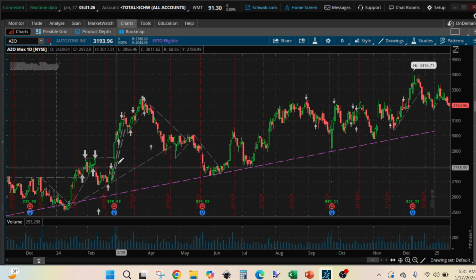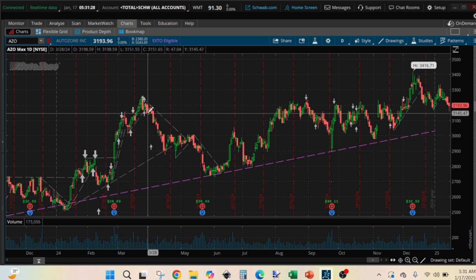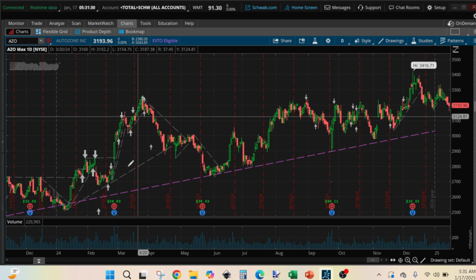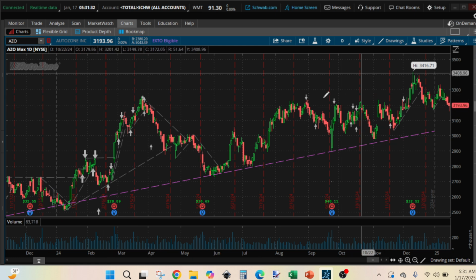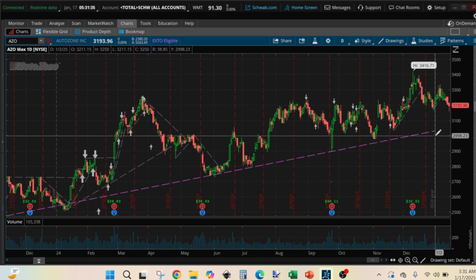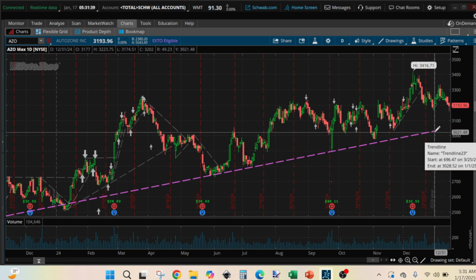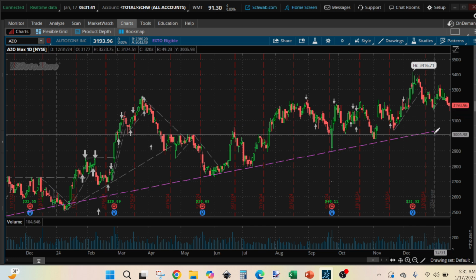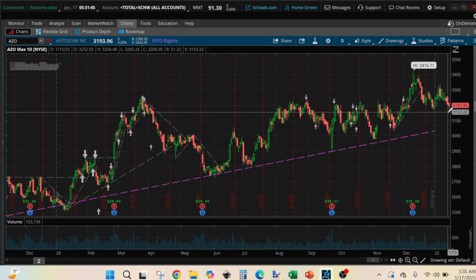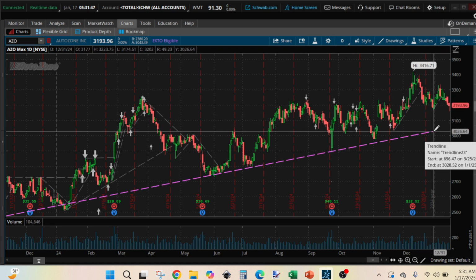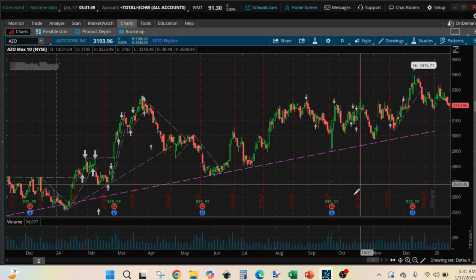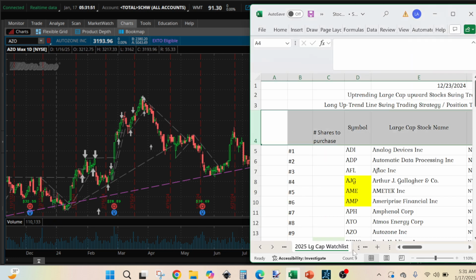You see how we did it, following the short trend line, following the chart around. This year, we don't want to do that. We pick a long trend line to wait. When it touches base with it and starts going up, we can buy. So this one seems to be going down. If it's going down to it, then we'll be waiting for it. So this will conclude this first session of how to analyze stocks for